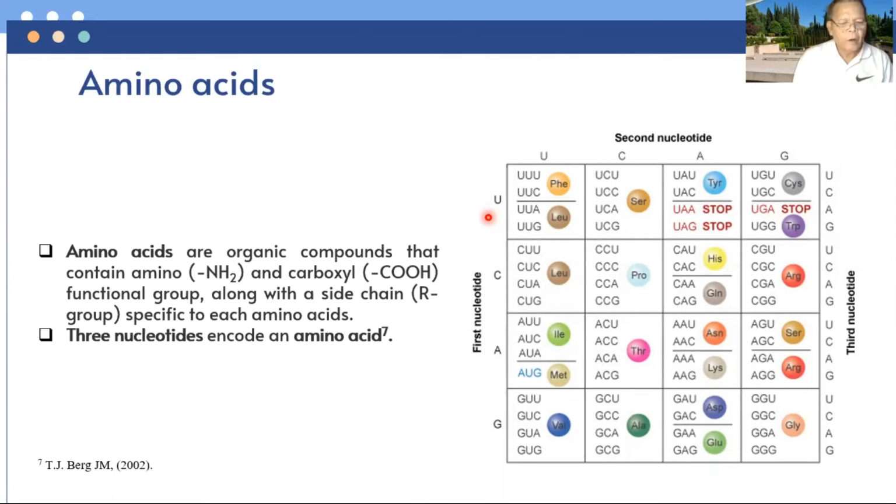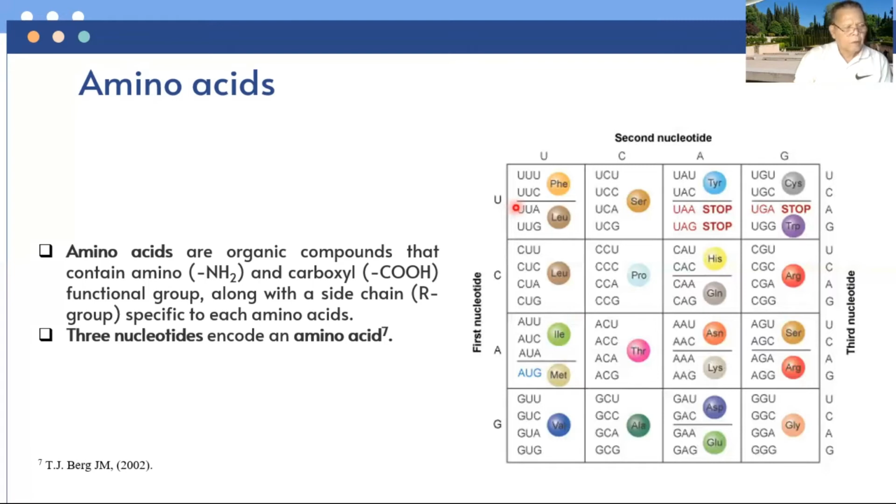A codon is a sequence of 3 DNA or RNA nucleotides that corresponds with a specific amino acid or stop signal during protein synthesis. Each codon corresponds to a single amino acid or stop signal, and the full set of codons is called the genetic code. Now let's see the figure on the right side. This figure shows the 22 amino acids. We can see this one.